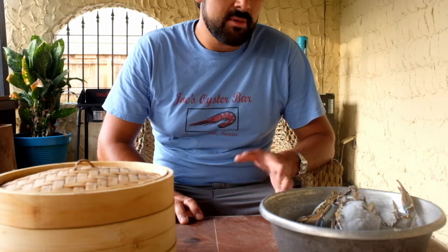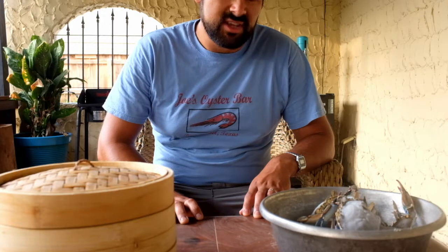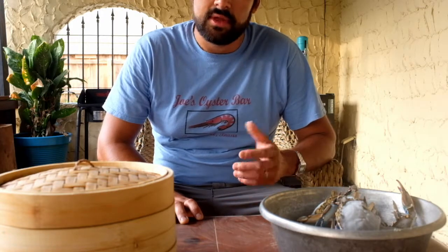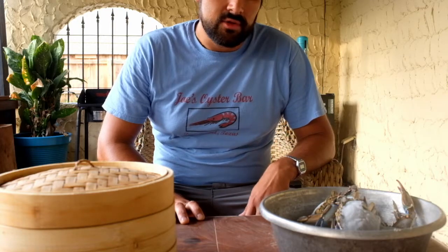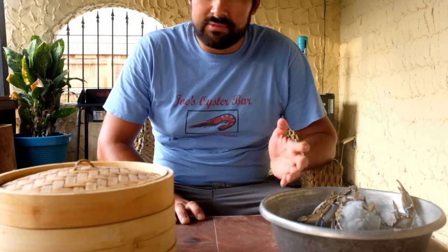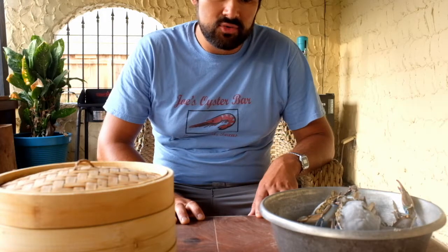And I've got about 5 crabs here. I think that should be enough for at least a half recipe, if not a whole recipe. Like I said, the whole recipe calls for a cup of crab meat. So if I get half a cup, we'll do half a recipe. If we get a full cup, we'll do a whole recipe. And if we get anything in between, we'll probably still do a half recipe so that our crab to everything